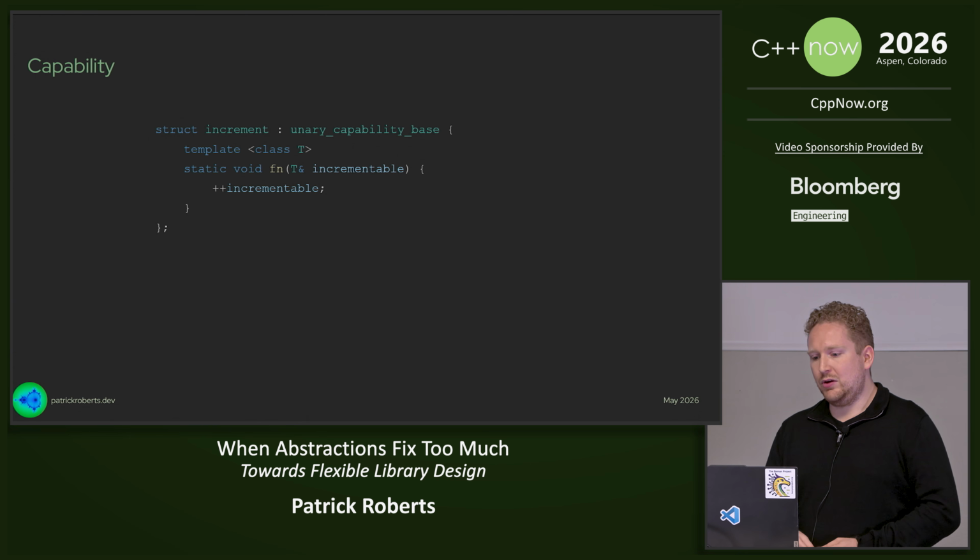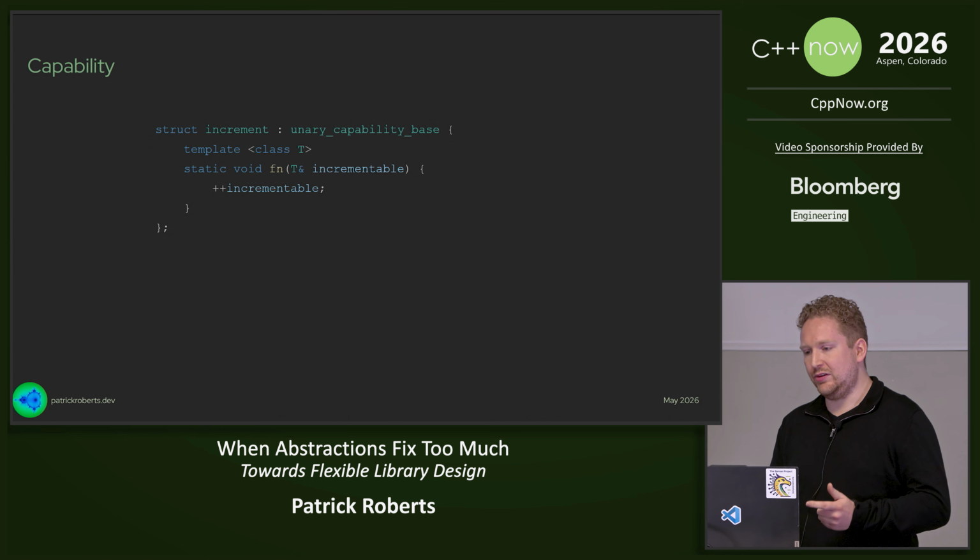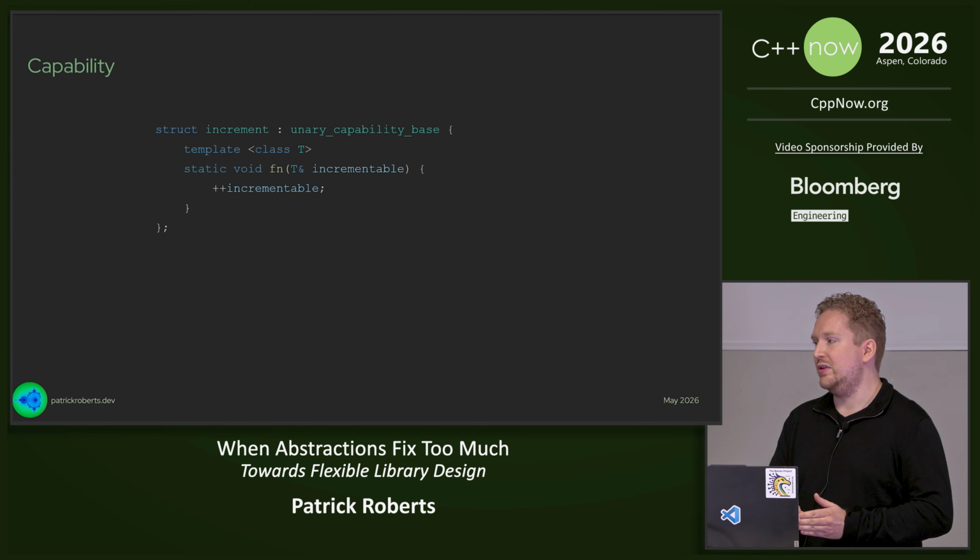So we'll start with a capability here. In this case, we're defining the capability called increment. The base class is describing the shape of that capability. So it's a unary capability, which means that it has one receiver argument. The receiver is the incrementable. The arity is not referring to the total number of arguments, but just the number of receivers that exist on the capability. This is distinguished by,